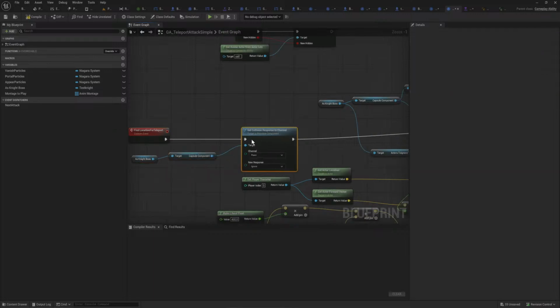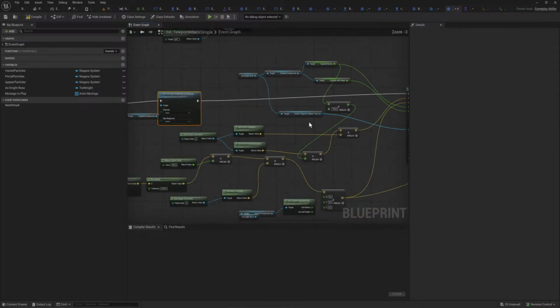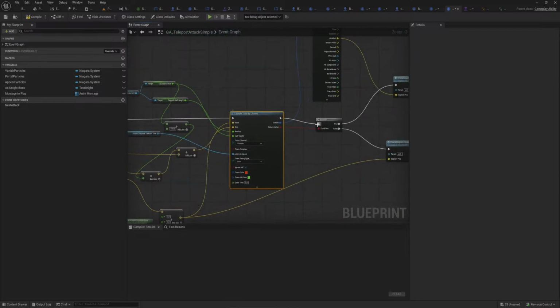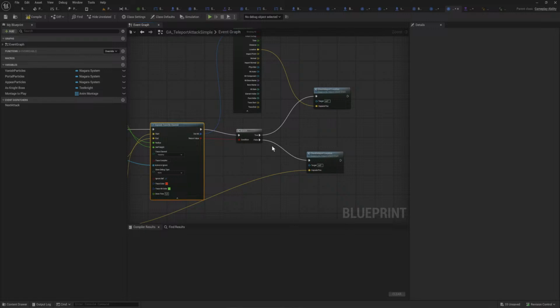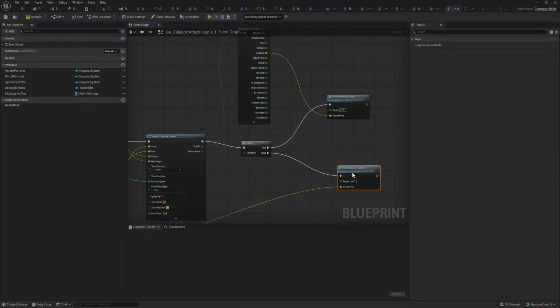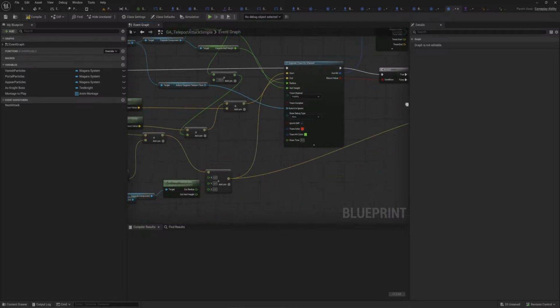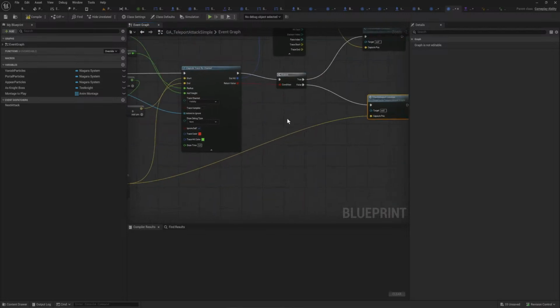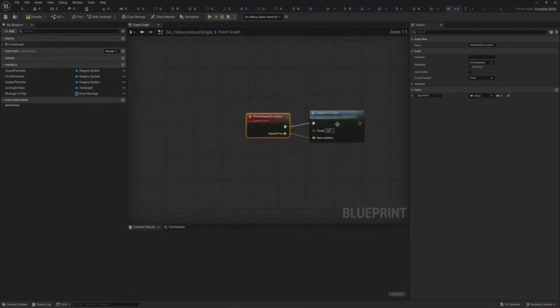So it does some collision stuff, and then it does some math to do a capsule trace to the... let's see. What it does is it does some stuff, and then it checks that teleport location, which doesn't do